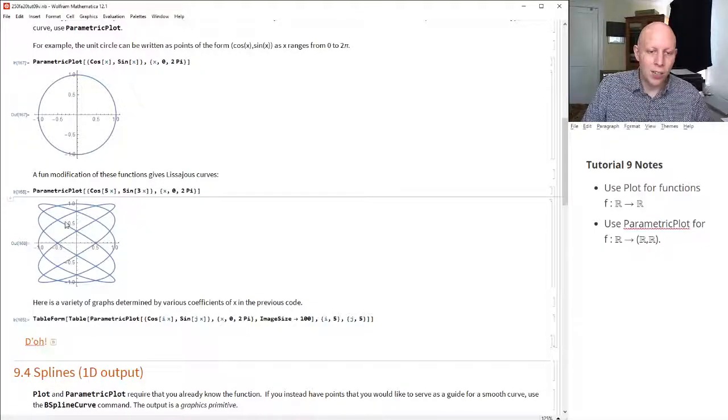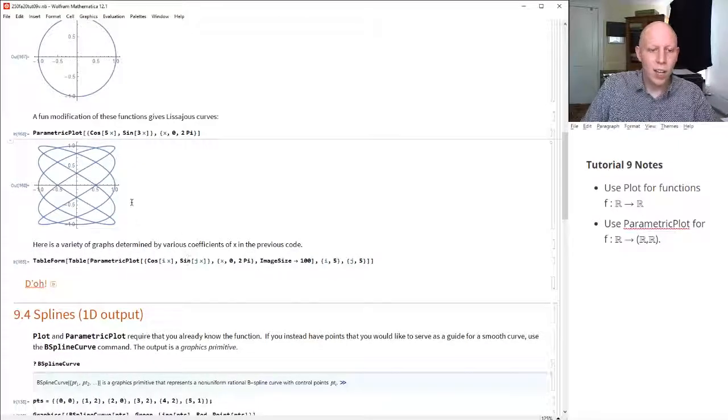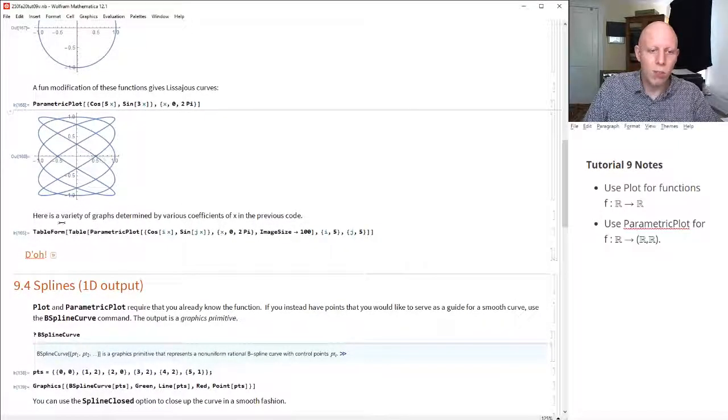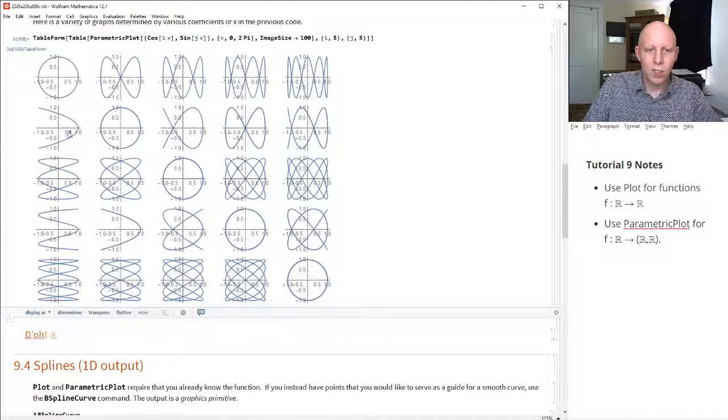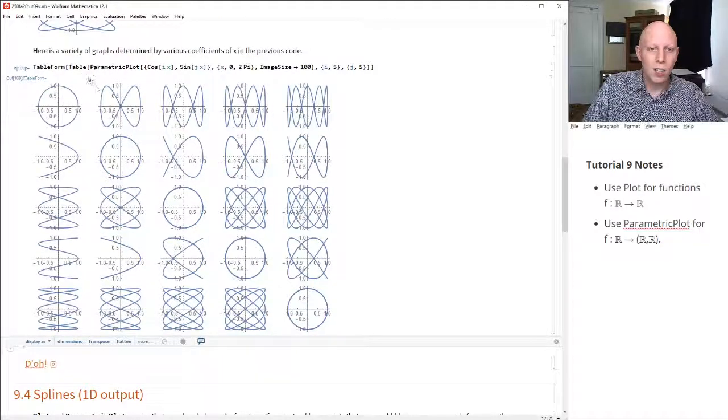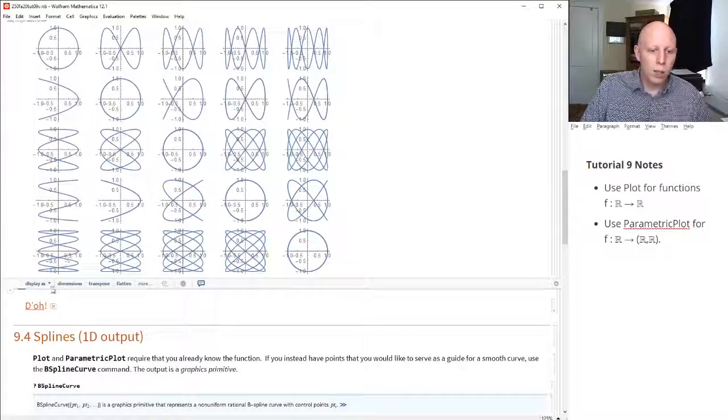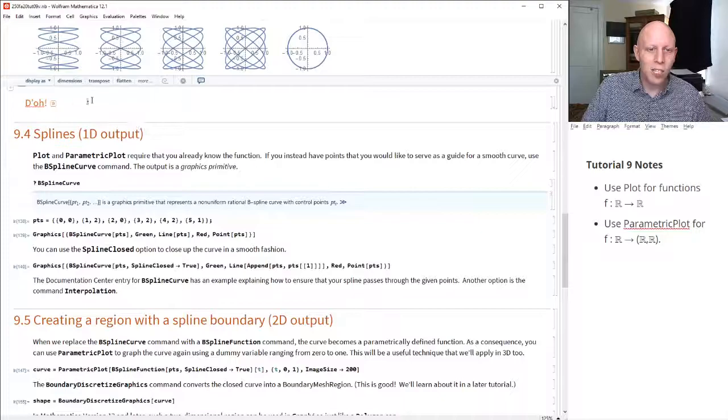So that's going to give us this pattern here, and we can put a whole bunch of these curves in a table format using a table command. So here's a whole bunch of different Lissajous curves. I think they look pretty cool. Here's one last fun example